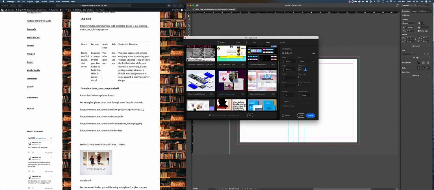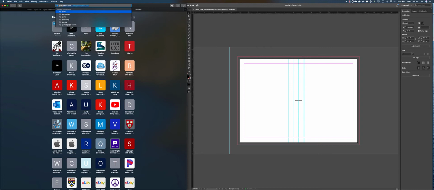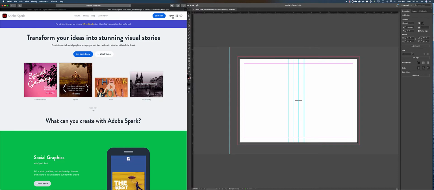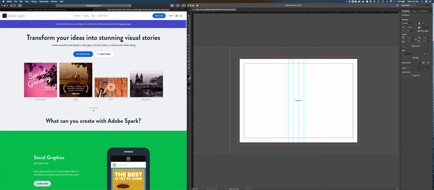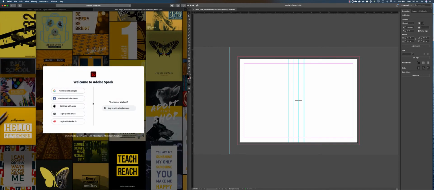So you're more than welcome to use those as well. The other thing that you would have access to is spark.adobe.com. If you're unfamiliar, Spark allows you to create some really great graphics for social media. It's also an Adobe product, but it's web-based. So you can use that as well.